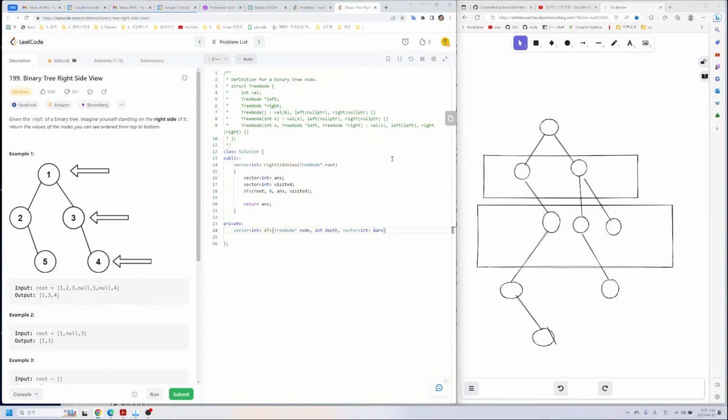We want to send it to reference, not to copy a lot of times, and then this is visited, something like this. So first thing we can do is that is whether we